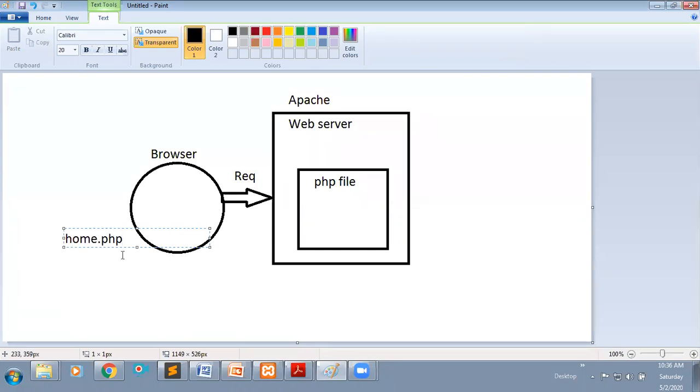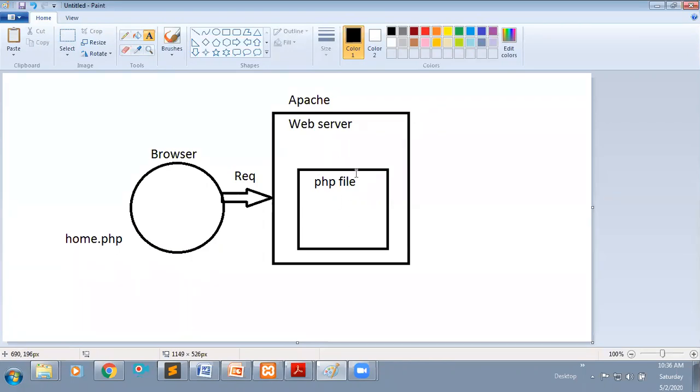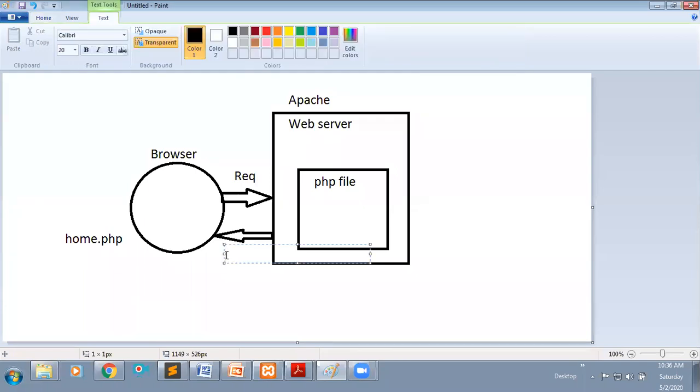I am trying to access this page from this web server using this web browser. I am giving the request to this server. If this page is already available within this server, then it will return the response. How will it return the response? As a